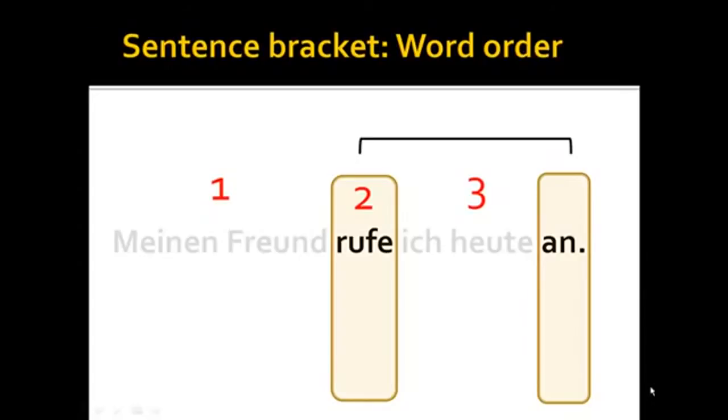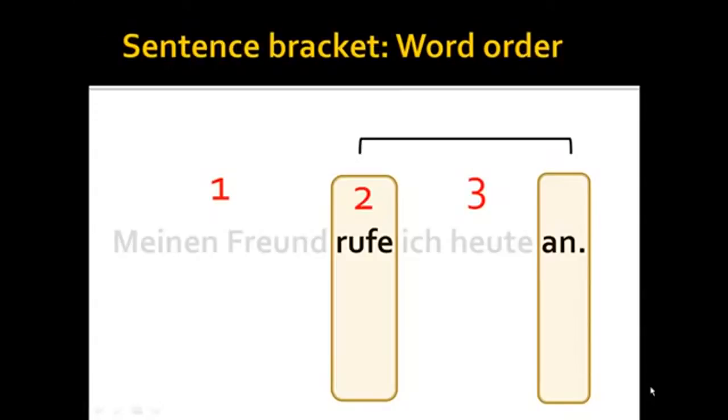the sentence bracket. Now, ich, the subject of the sentence, has to come in somewhere, since it's no longer in the first position, and can't be in the second because that's where the verb is. So the third position was sort of the catch-all. Since it's the subject of the sentence, I want to get that as close to the verb as possible. And then after that, we could follow it with the adverbial time modifier, heute. So, just a quick demonstration to show that the sentence bracket still works regardless of sentence syntax, or the word